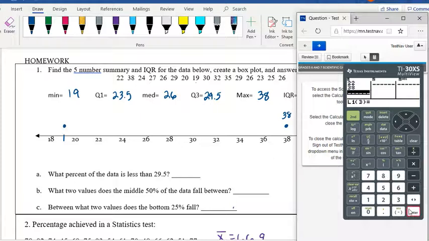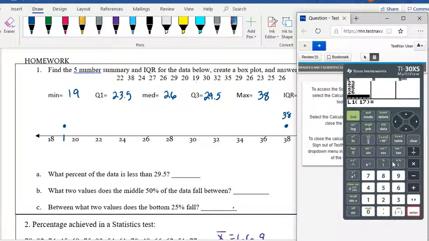38, enter, 24, 27, 26, 29, 20, 19, 30, 32, 35, 32, 35, 29, 26, 23, 25,